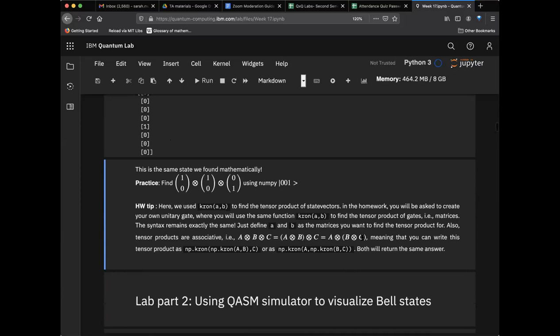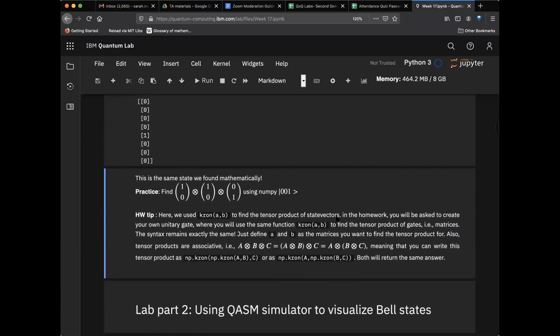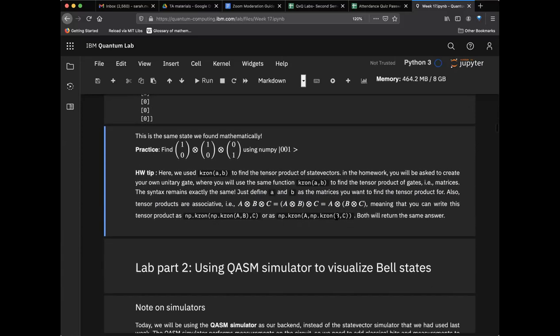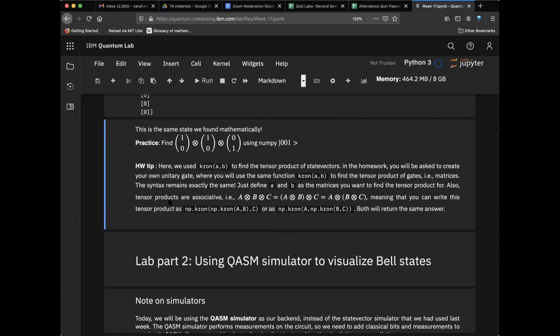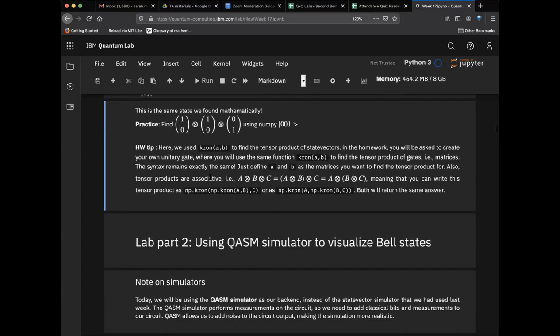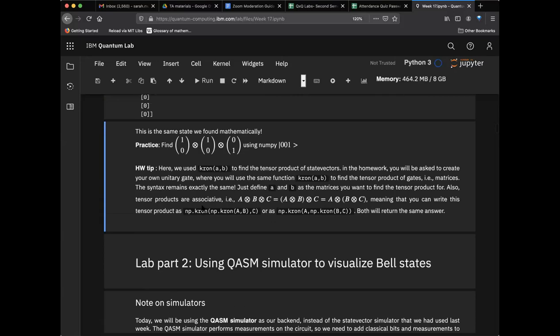Yeah, and tensor products are associative, so it doesn't matter which order we do it in. That's not the case for all operations, so do be mindful of what order you do things. Okay, so with that, we have our tensor products or our Kronecker products calculated. So we know what states we want to start with, and we can easily create our 2-qubit state vector for any state we want to create, or a 3-qubit or n-qubit state vector,